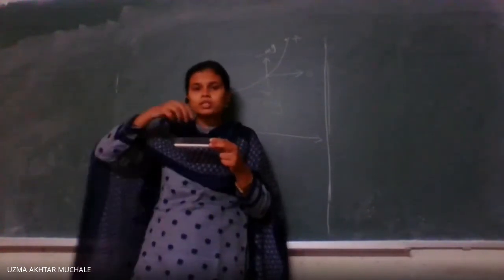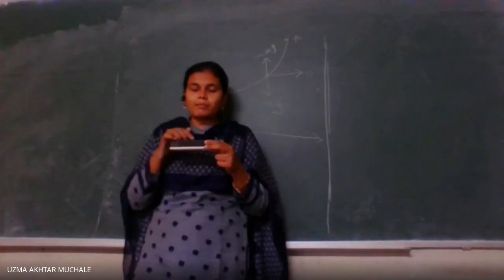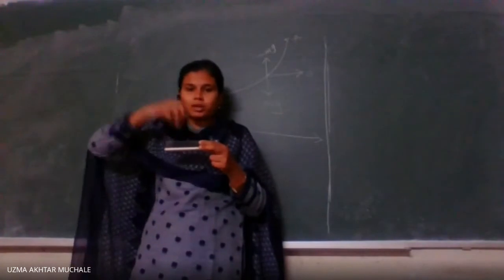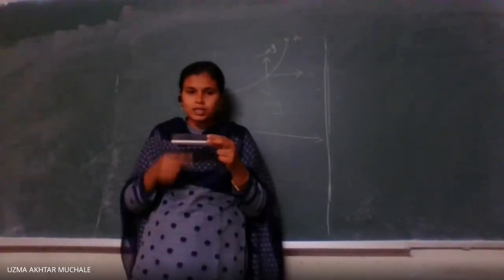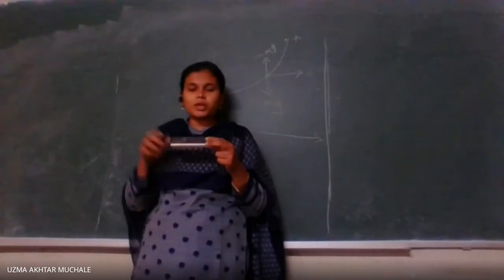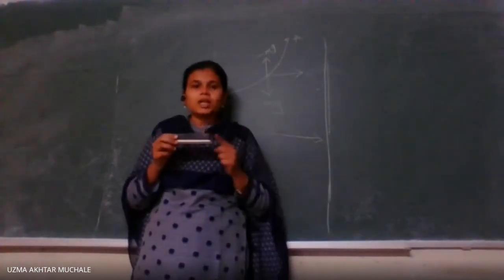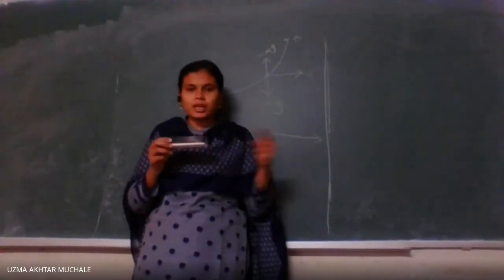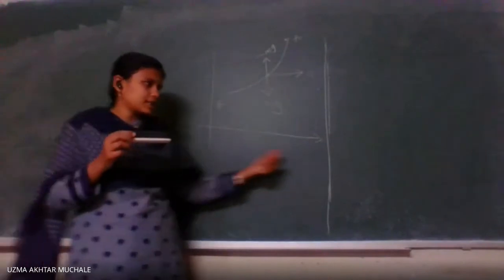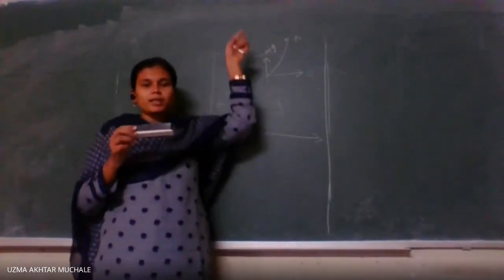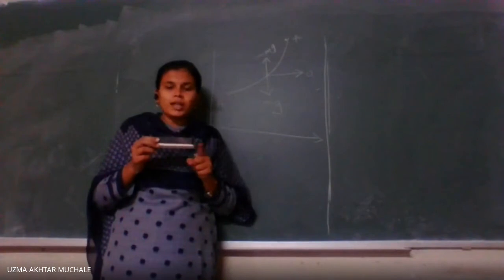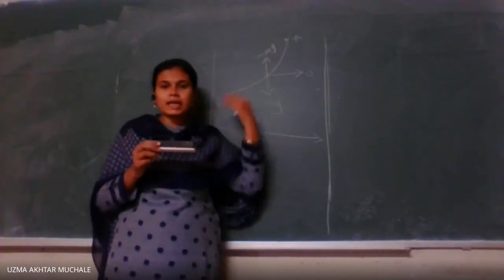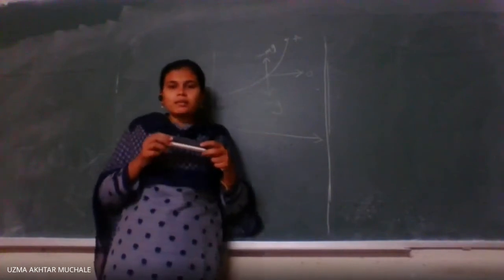But there is also a total opposite force, minus m into g. That is saying it should come in the opposite direction. Here it is m into g, here it is minus m into g. But there is no force in the x-axis direction. Say F1 means the force applied in the x-axis direction, and F2 means the force applied in the y-axis direction. So in the direction of the x-axis, the force is 0. But in the direction of the y-axis, there is exactly opposite force. Correct? Why is this so?